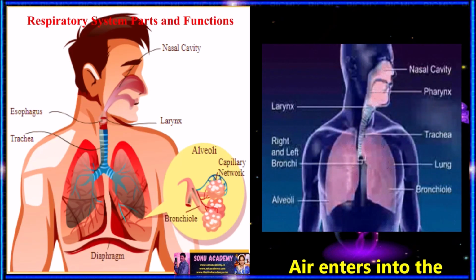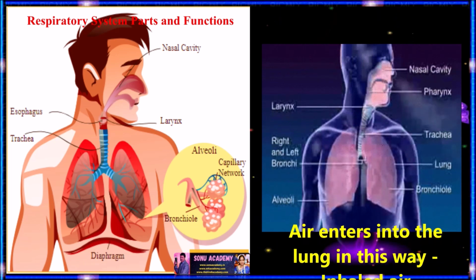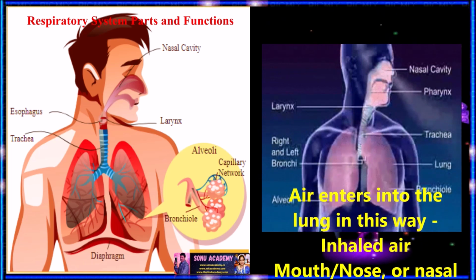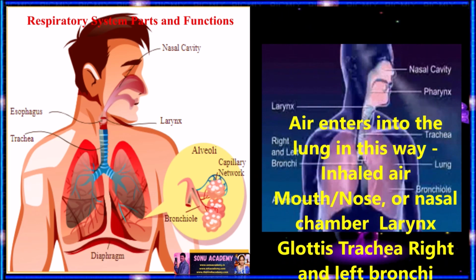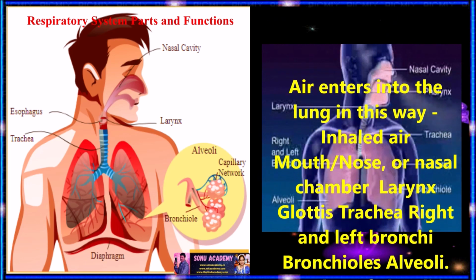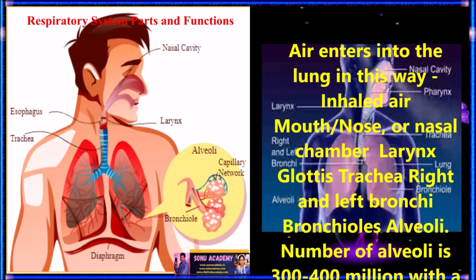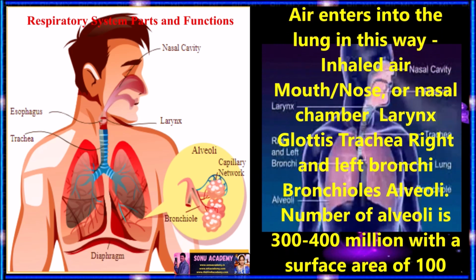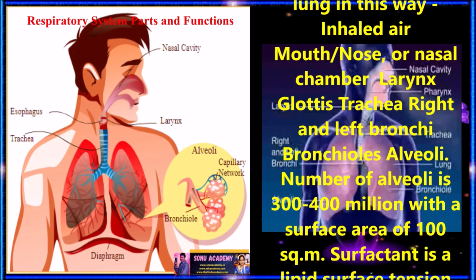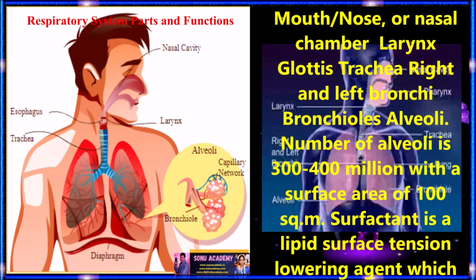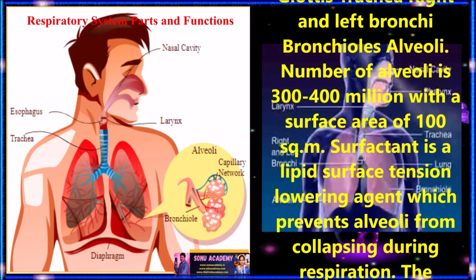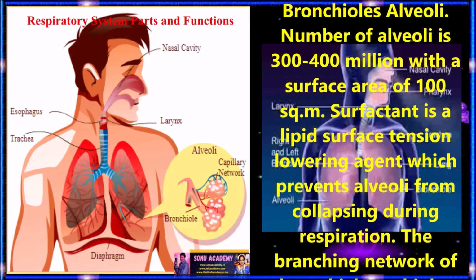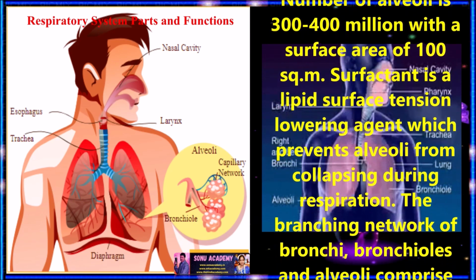Children, let us discuss how air enters into the lung. First we inhale air through the mouth, nose or nasal chamber, then it passes through the larynx, then it goes to the glottis, then it transfers to the epiglottis, then from there it reaches the right and left bronchi, and from there it reaches the bronchioles and alveoli. The number of alveoli, as we discussed, is 600 million with a surface area of 100 square